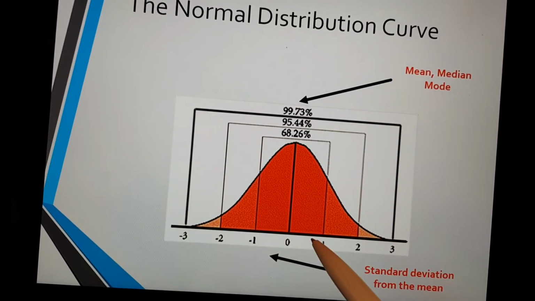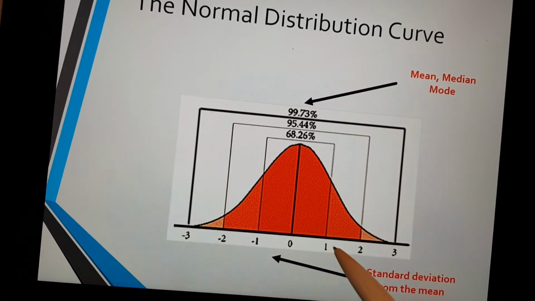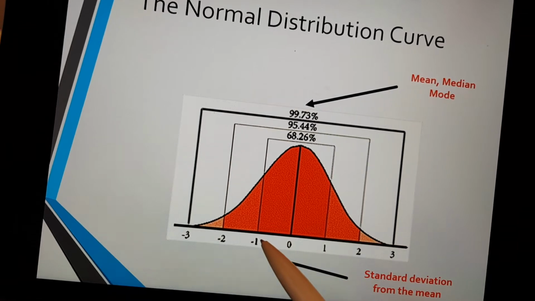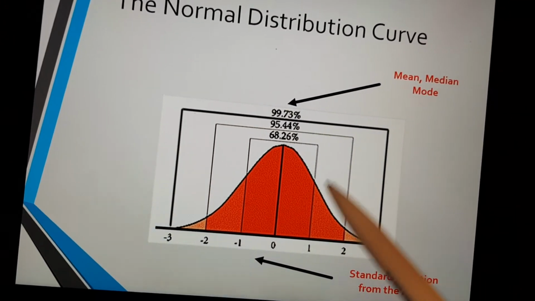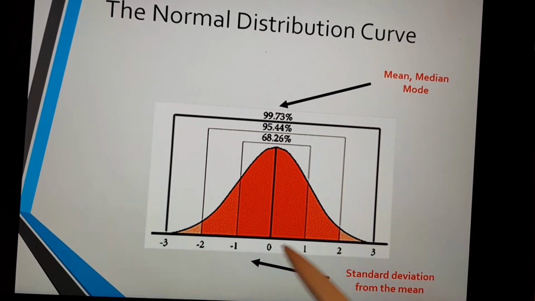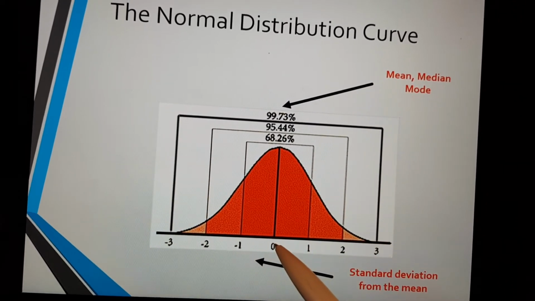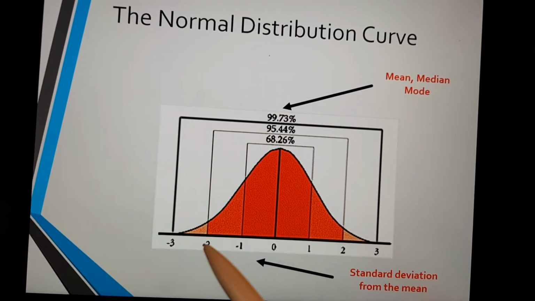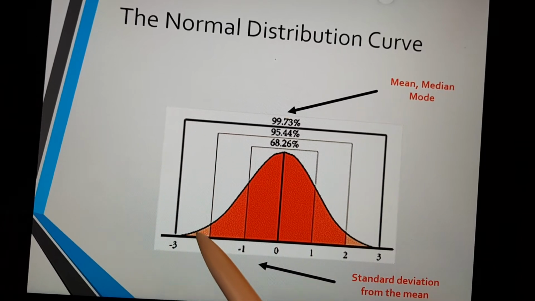33% of people here are going to have a shoe size bigger than a 6, and 33% of people here are going to have a shoe size of less than a 6. So maybe, depending on the standard deviation, perhaps this represents shoe sizes 6 to 7, and this represents shoe sizes 5 to 6. Okay, similarly at the extremes, we know that this is 5%, so we have 2.5% here